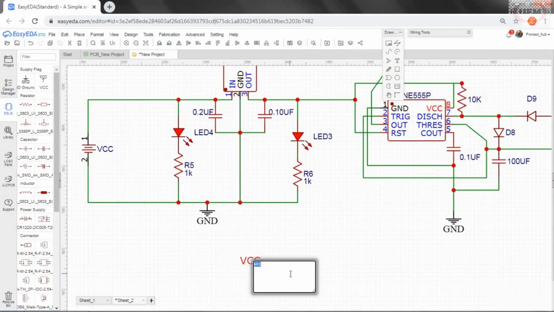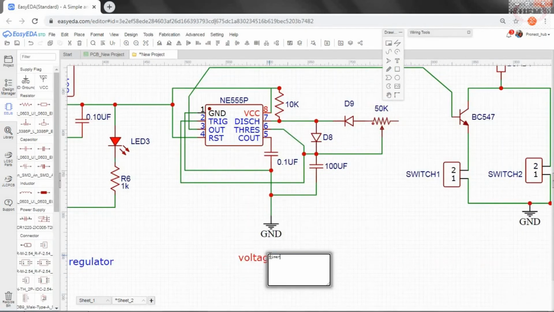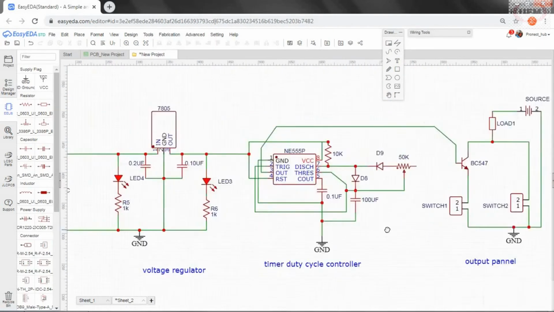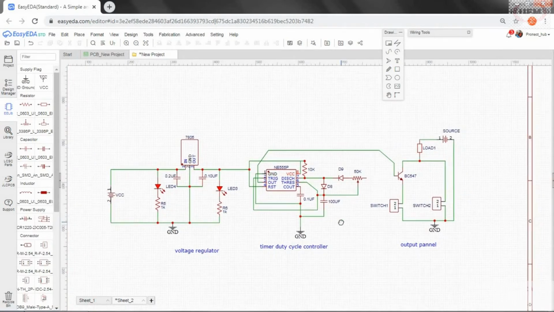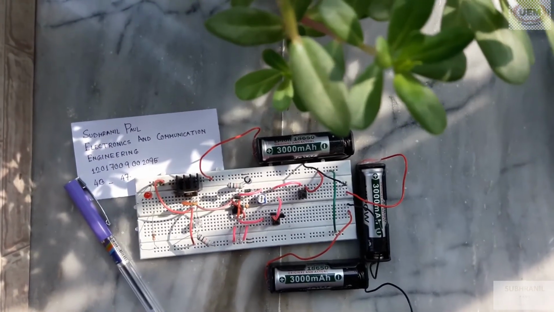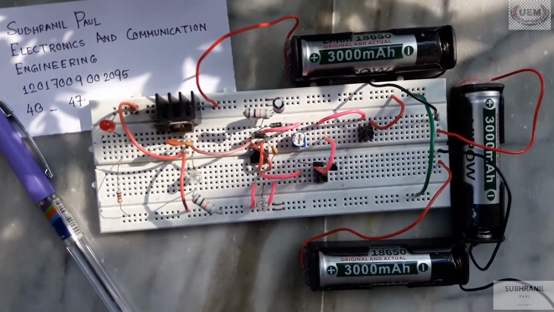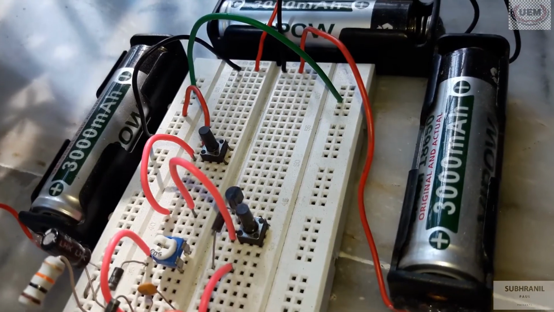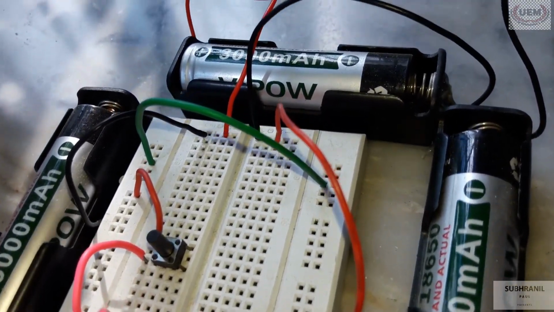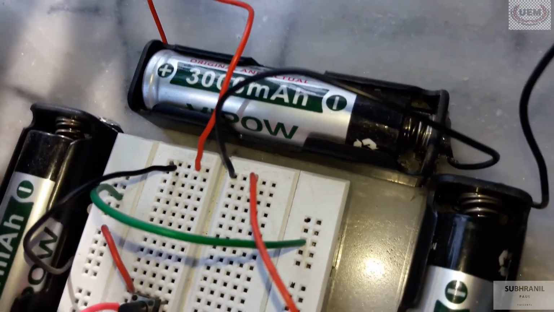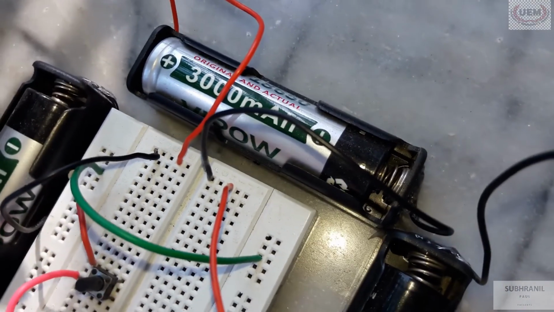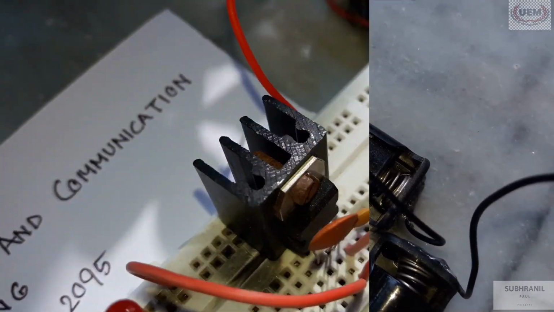After connecting all the components, I have switched to the hardware portion. As the wiring of the hardware components can make my video much longer, I have already prepared it and I am going to show only the output from it. This is the proposed hardware combination of my project, where I am using a series combination of 3 lithium polymer batteries of 3.7 volt that can produce a maximum voltage up to 11.1 volt.